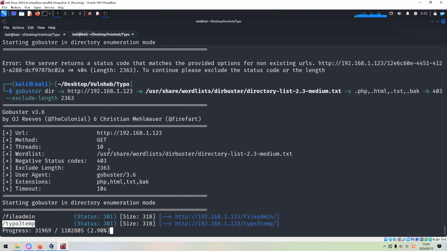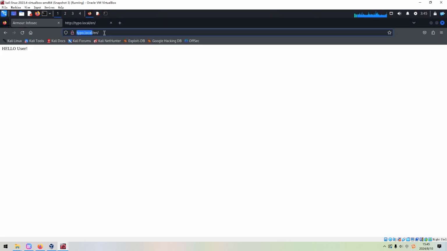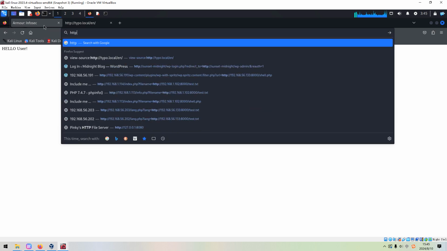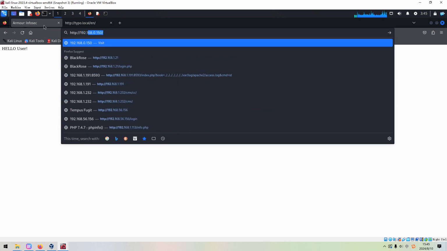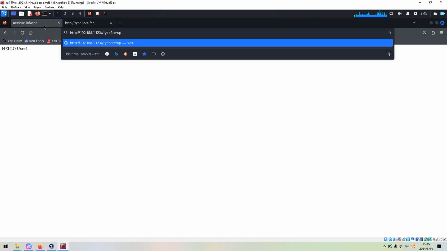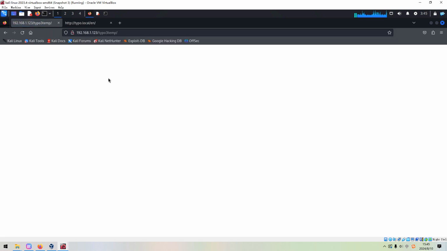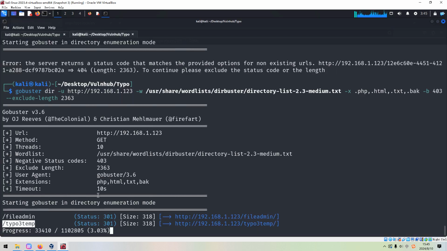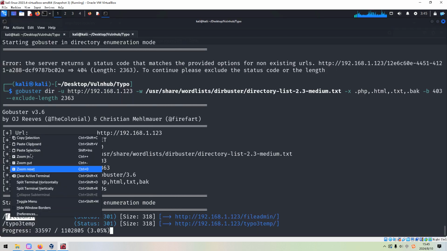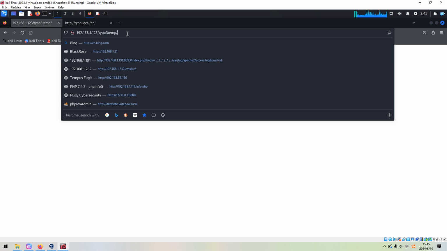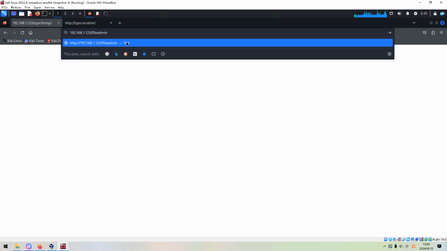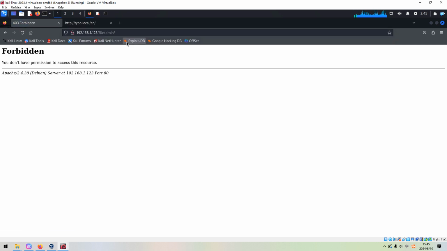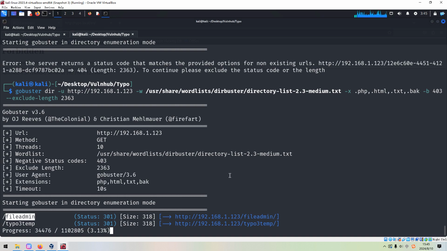It means that it would be redirected. Maybe let me test them now. Typo3, nothing, right? And also this one we can copy. Forbidden. We don't have permission to access this resource, which is fine.